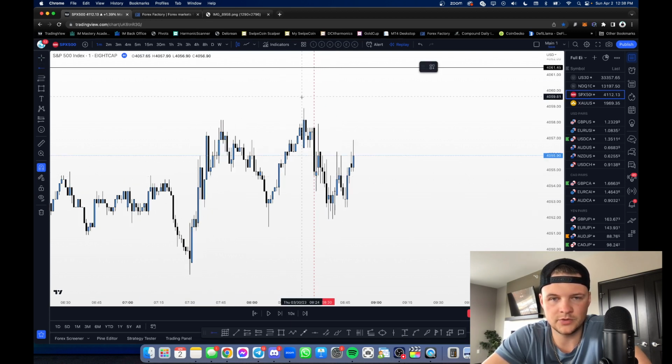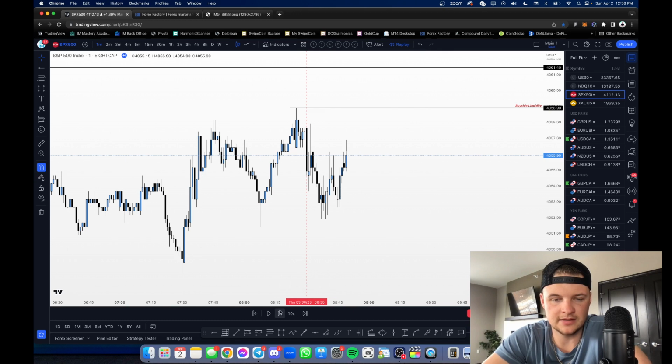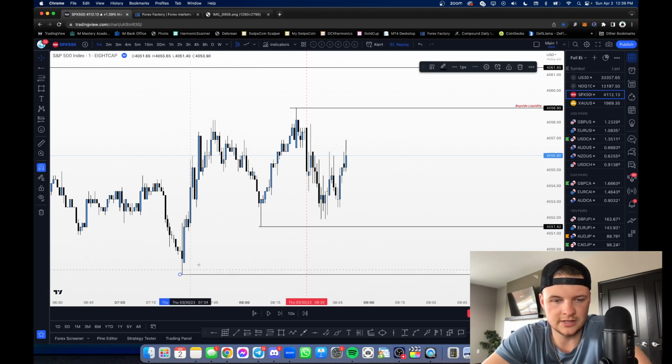So here's what ended up happening. We'll just mark this out. And this is what I didn't trade. So this was buy side liquidity, right? And this ends up getting taken, but we didn't take a trade off it because I was waiting for 40.61. I wanted to see 40.61 get taken, or I wanted to see this sell side get taken, or this sell side get taken before looking for longs.